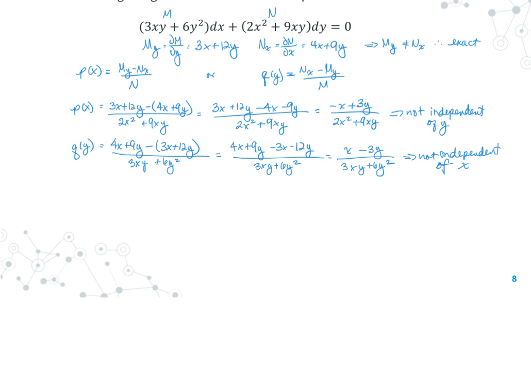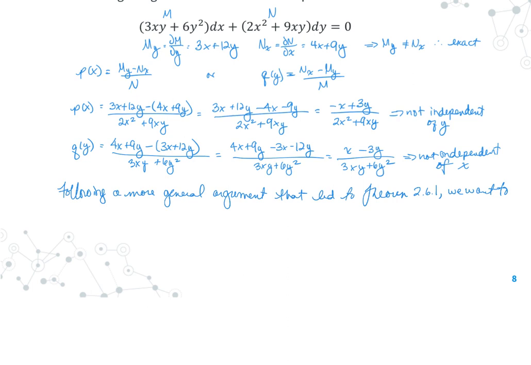By following a more general argument that led to theorem 2.6.1, we want to find functions p of x and q of y, which we just said we couldn't, but let's keep that in mind. We're going to change it a little bit,